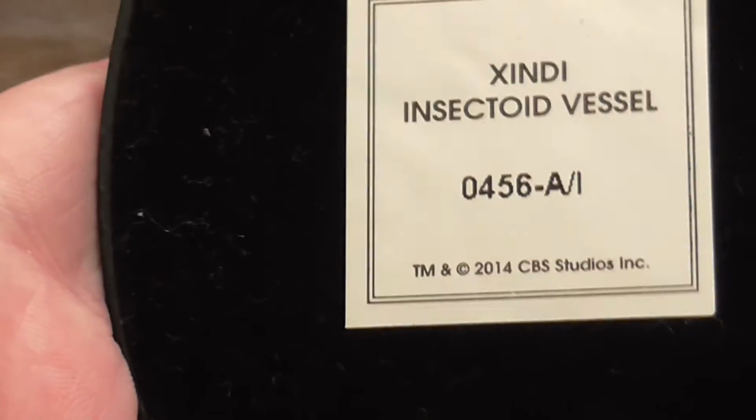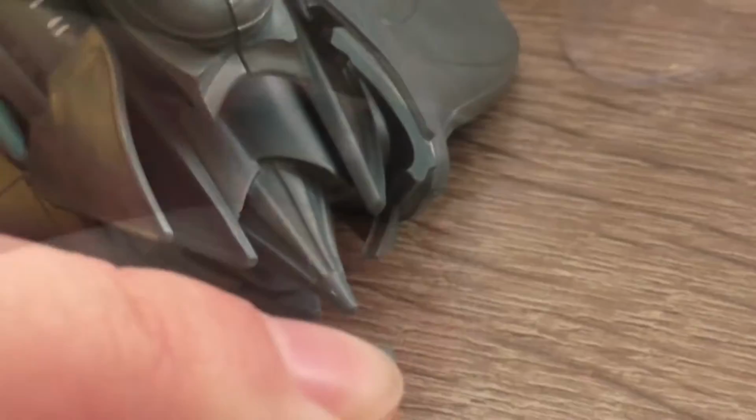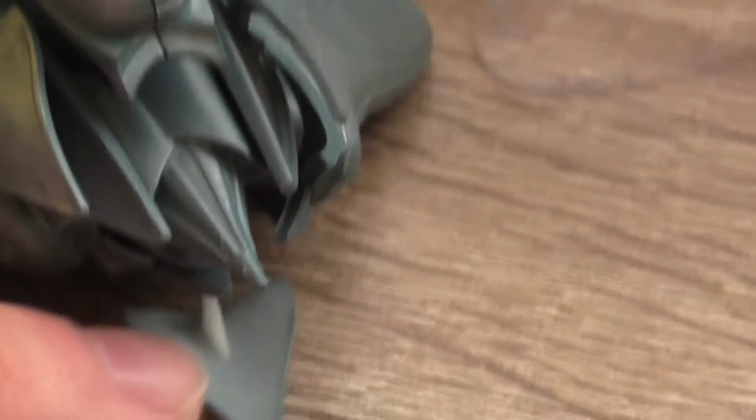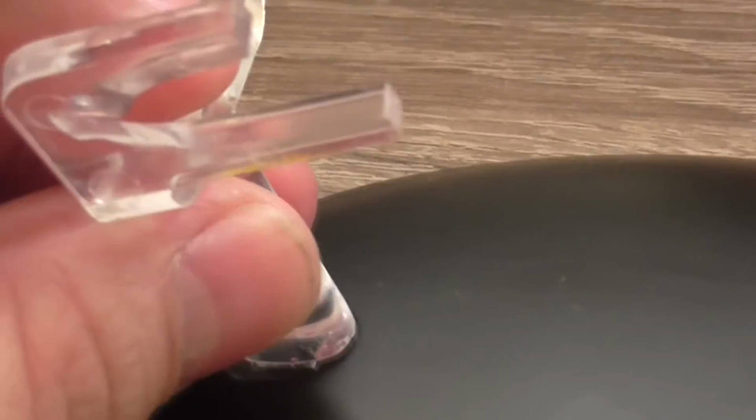Xindi Insectoid vessel. Now this is the part which is missing, which fell off. I'm not sure if again it's on all the models, but I bought all of my models from eBay, so maybe the previous owners did something to it, but this model is again not very stable, but you can actually